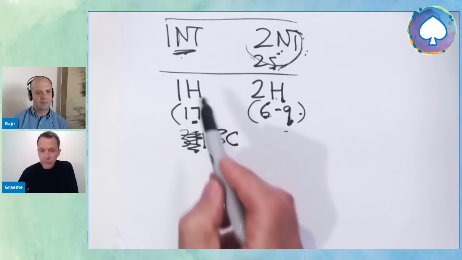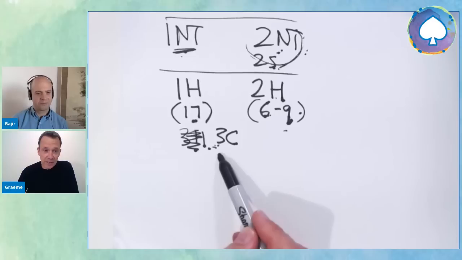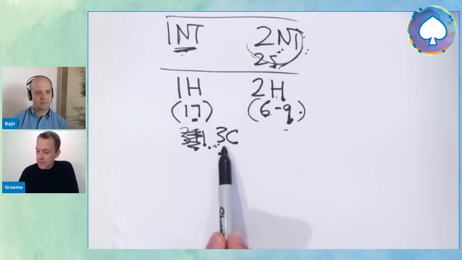1 heart, 2 hearts, 3 clubs. It can't possibly mean that I want to play in 3 clubs. There's no way I want to play in 3 clubs. We've got a heart fit. So this 3 club bid is